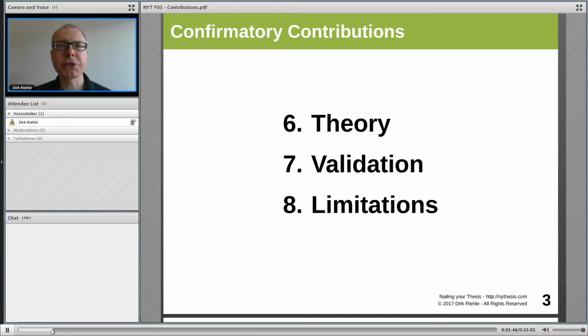If it's confirmatory research, it's a bit more strict in that the assumption is your first section will lay out the theory that you're going to validate, or at least partially validate. So that's the theory, and ideally specific hypotheses that you're going to show are true or not true. And then the next section is the validation, where you actually show how these hypotheses evaluate to true or false, and how possibly the whole theory is true or false. And finally, you discuss limitations in the third section, meaning limitations or threats to validity of your research